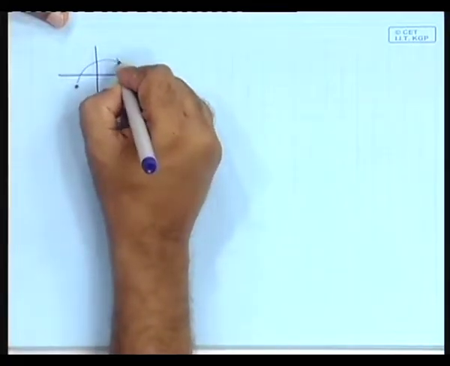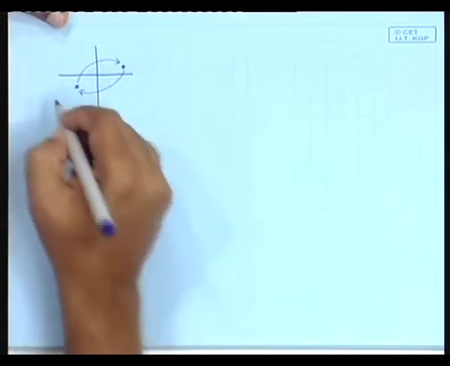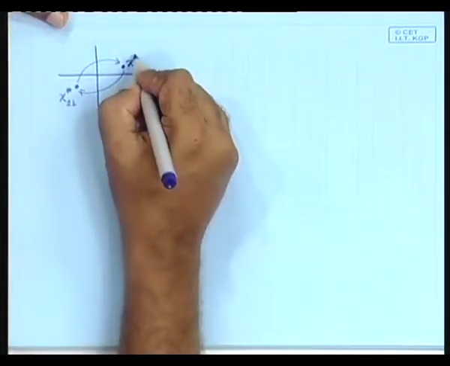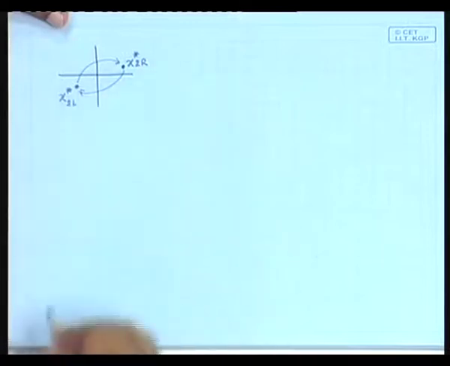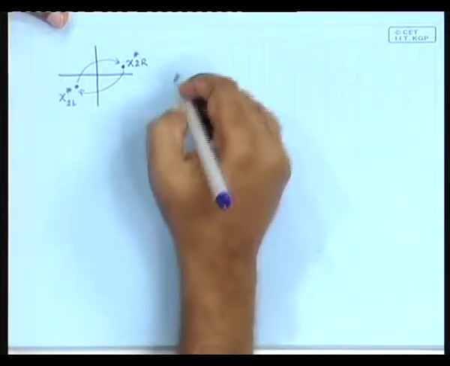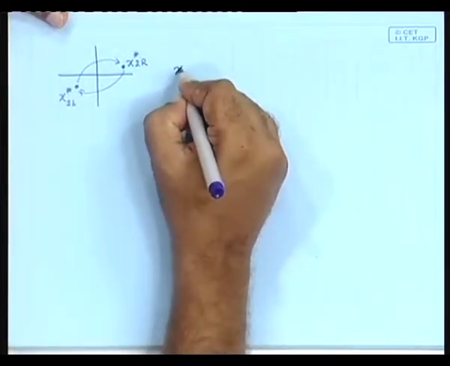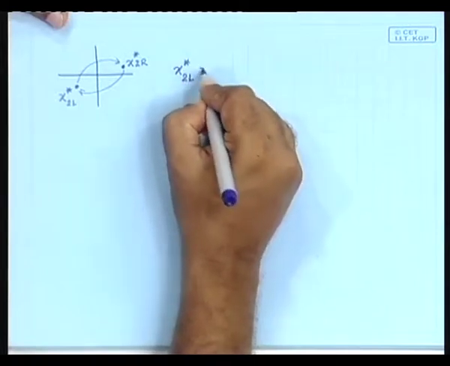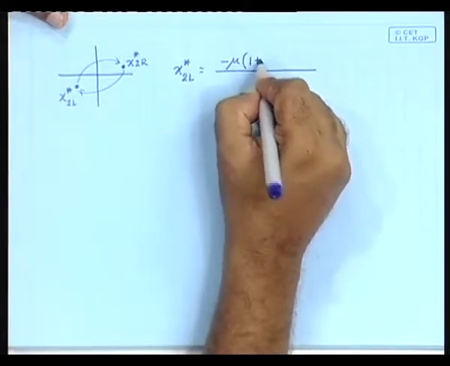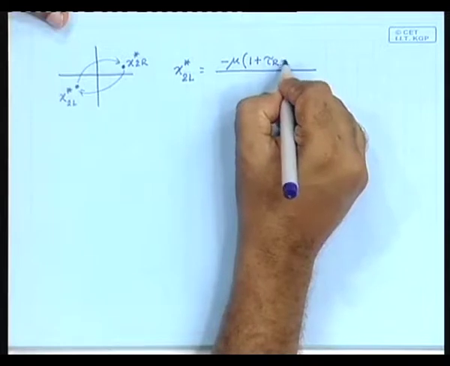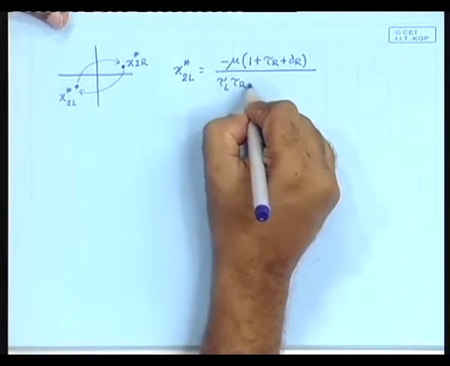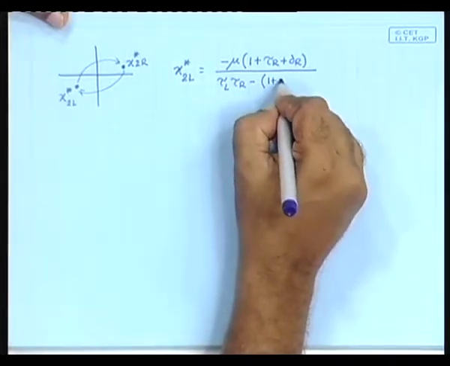So, this point maps to this point and this point maps to this point. We had called it x star 2L and this point was called x star 2R, right, and we had obtained the values. It can be easily obtained. I had written the values as x star 2L is equal to minus mu times 1 plus tau r plus delta r divided by tau L tau r minus 1 plus delta L, and